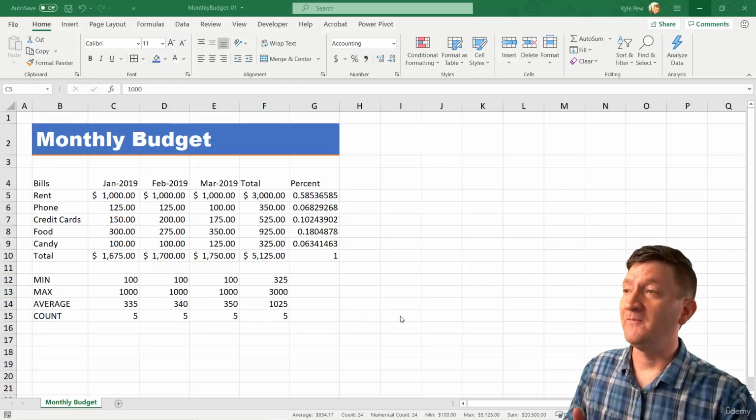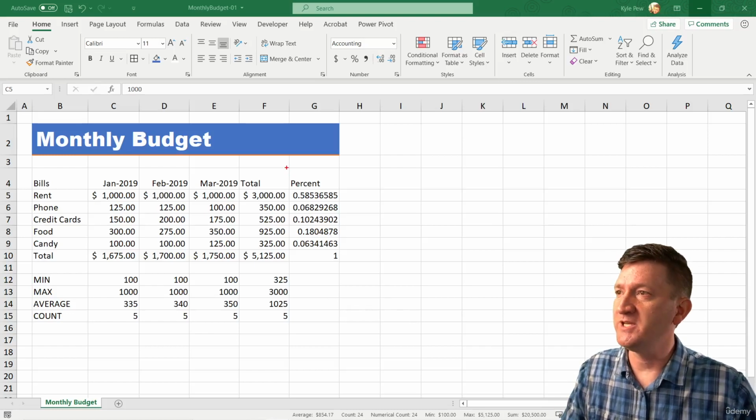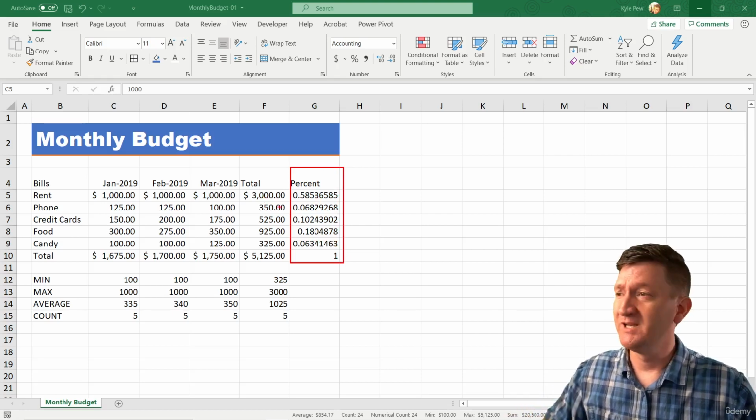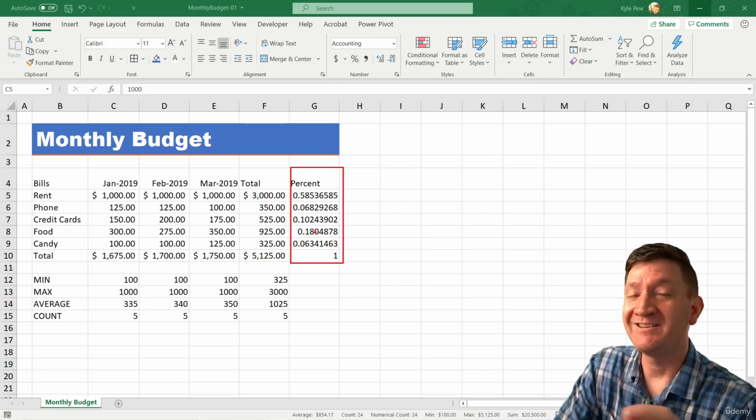Still thinking of numeric formatting? Let's do a quick one here. We've got that percent column right here, just inside of column G. We figured out the percent of the totals, the individual bill totals, compared to the grand total, right? We got a percent. But by default, when we did that division, it gave us a decimal percentage, which is great,